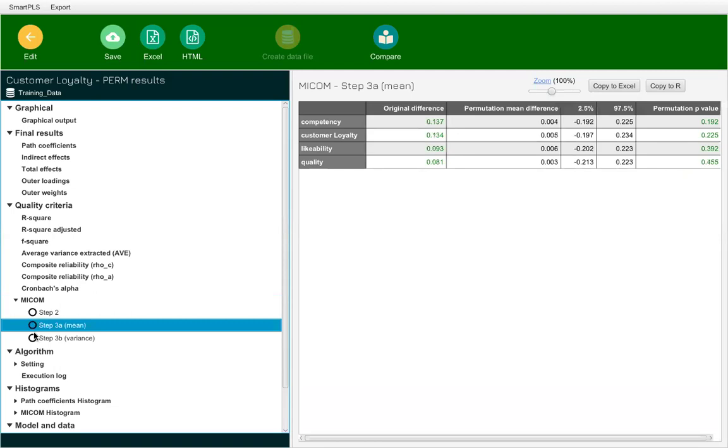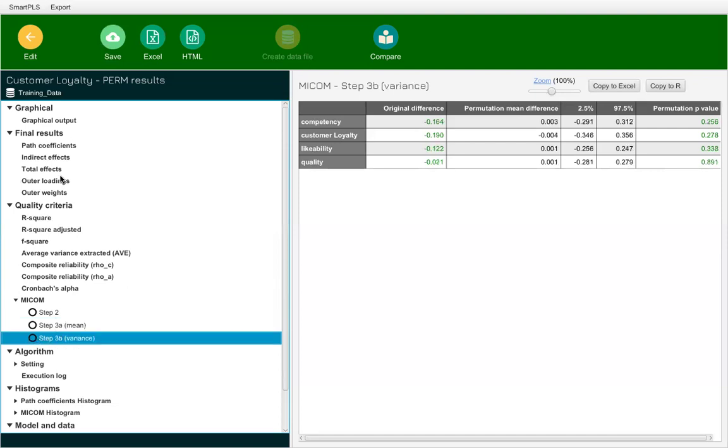So now the next thing you look at is step 3A. In step 3A, we also require our p-values to be non-significant. That means they should all be greater than 0.05. I'm just giving you the requirement so that you know how to make the decisions. Again, after that, you look at step 3B, the equality of variance. This 3A is equality of means, and 3B is equality of variance.